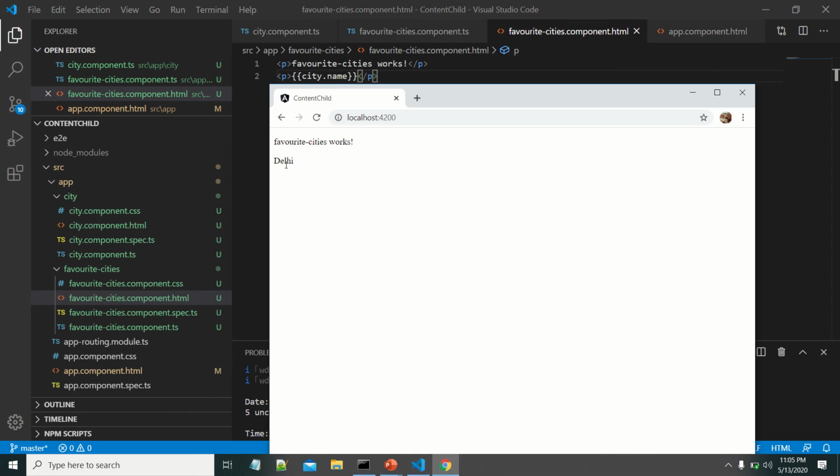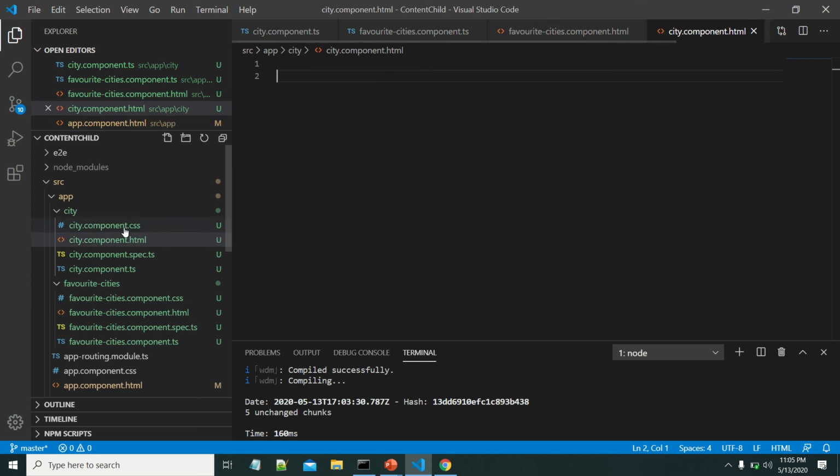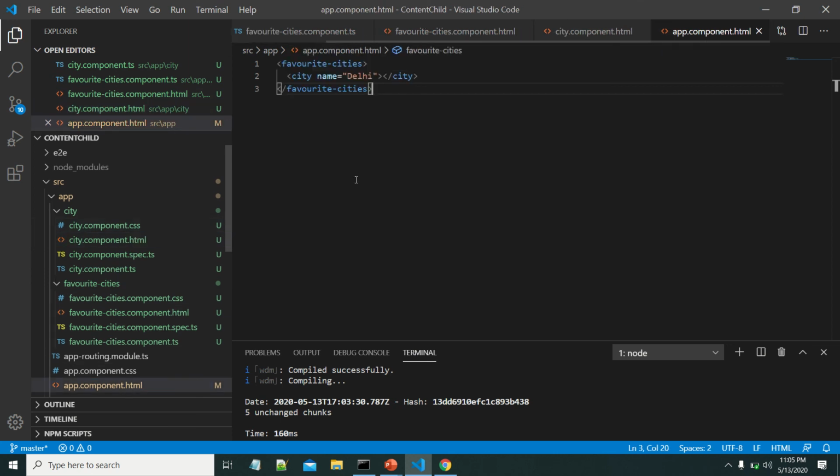Yeah, we can see that Delhi is displaying in favorite cities component. Okay, let me project one more city component from the app component. Some name, let me give some name.